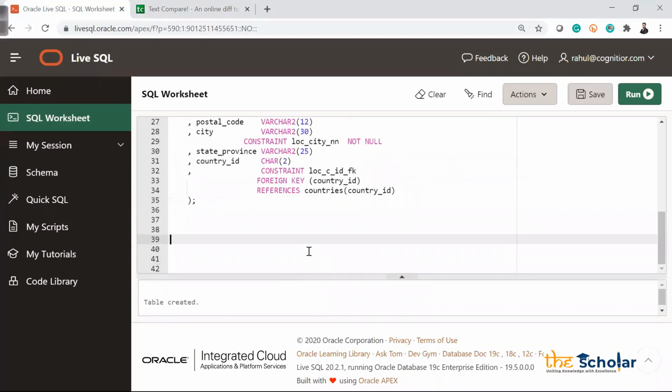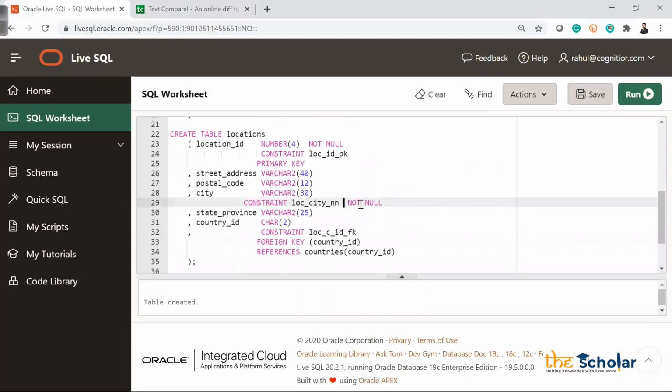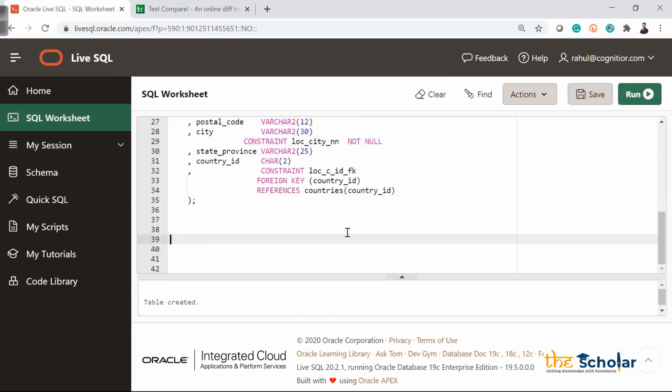We'll create another table which is department table. Now here what we learned, how to create a not null constraint, right? So here my city cannot be null. Same way I have to create the department table, and in the department table also there will be some constraints and some columns we'll create. So create table departments. We have department_ID number 4. Again, I have to give the constraint